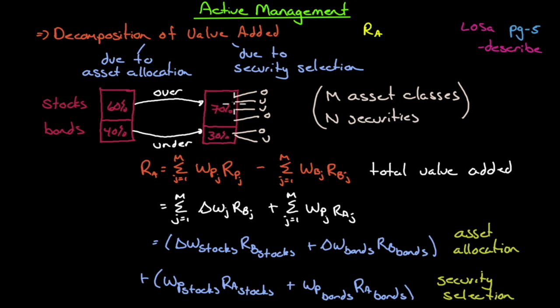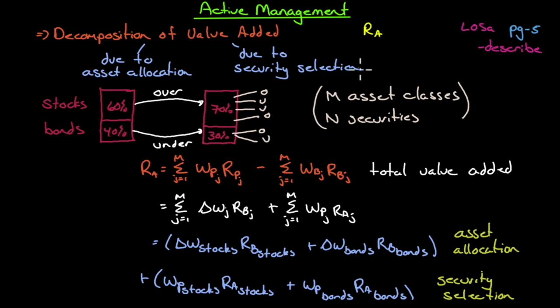However, within the stocks, we may have specific securities that we selected that were over and undervalued there as well. Well, did those work out? And same with bonds. Did those work out? So we want to know how much was attributed to overall asset class selection, how much was attributed to security